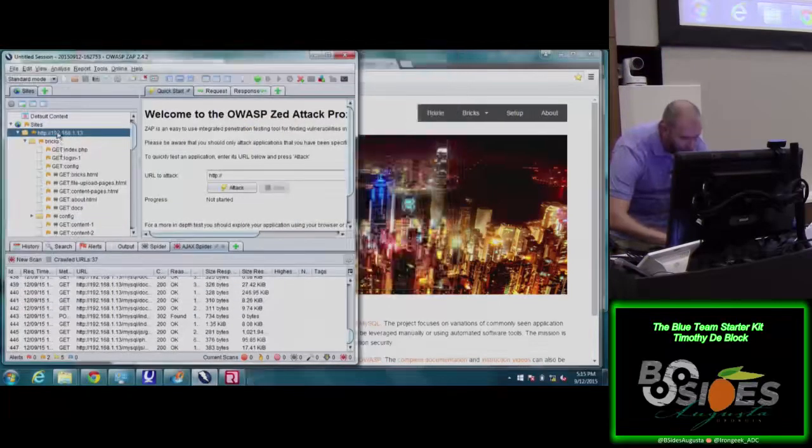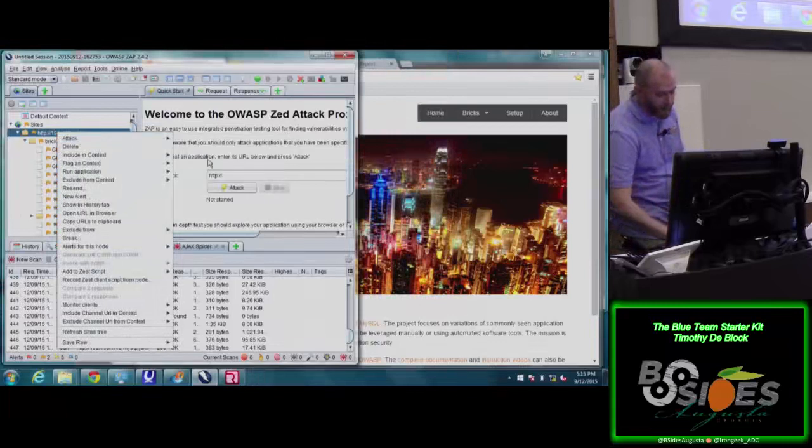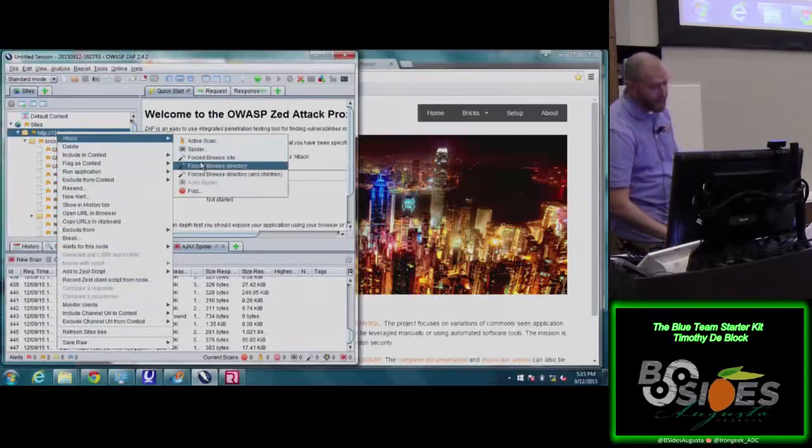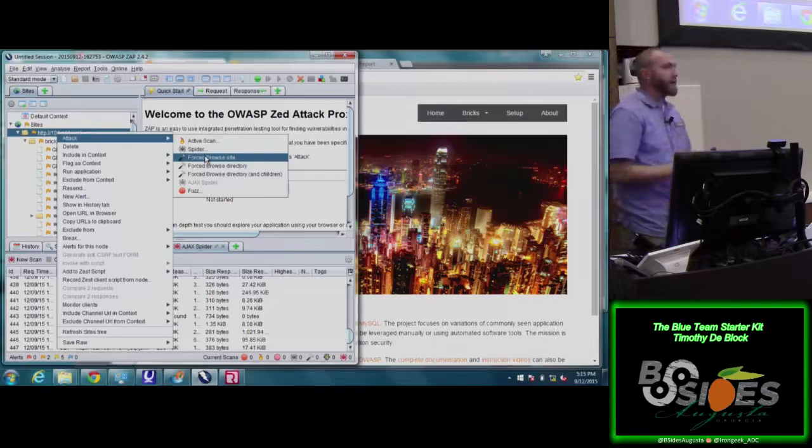But, and I'm not going to do this next attack, but then you want to do your forced browse site. The forced browse site is essentially going through, and it's got a list. Zap has some default lists, but you can also build your own list. It's essentially going and looking for hidden directories, and it's going to pound each site. So this actually takes a really long time, not going to even bother launching it. And then after all that, you've essentially mapped your entire application.